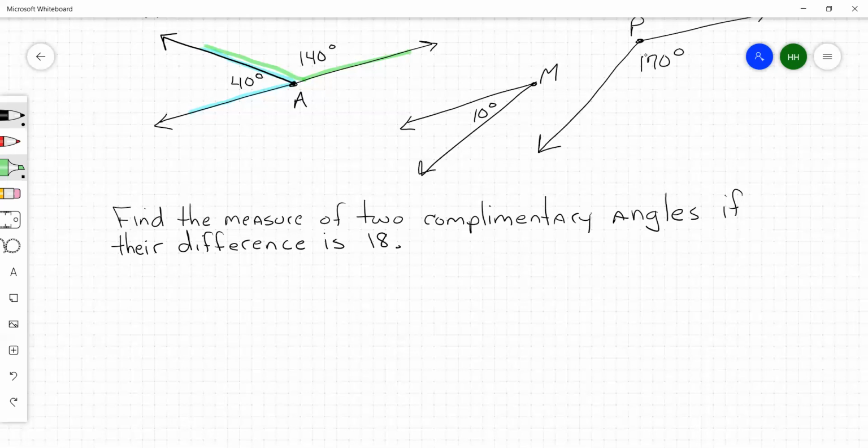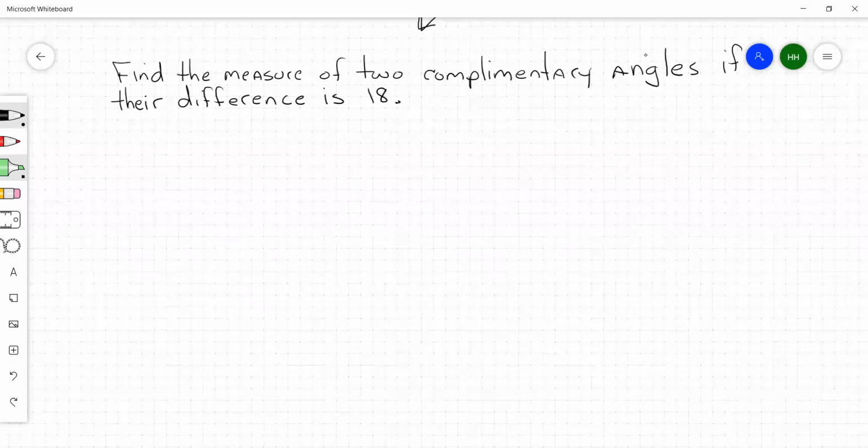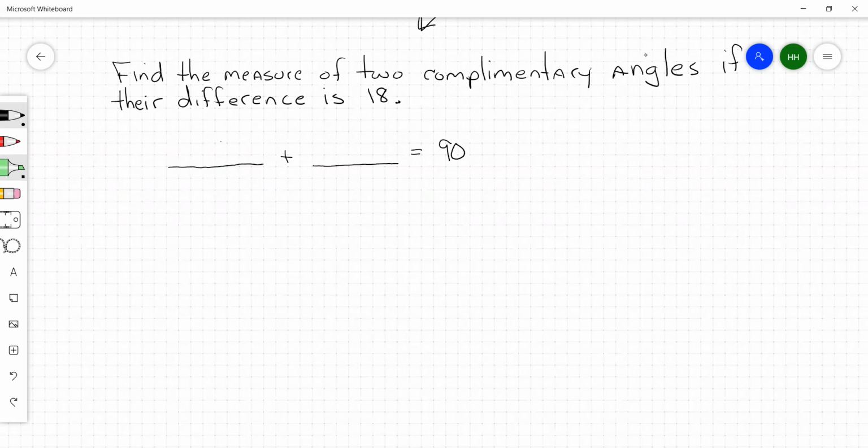You're going to be doing this type of problem all year long. Find the measure of two complementary angles. Two complementary angles. Here's one of the angles plus the other angle has to equal, they're complementary, so what do they have to sum? 90. If the first angle measures x degrees